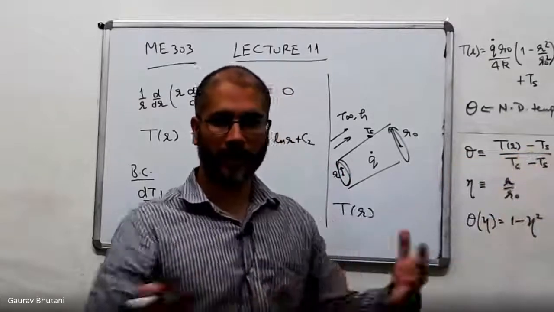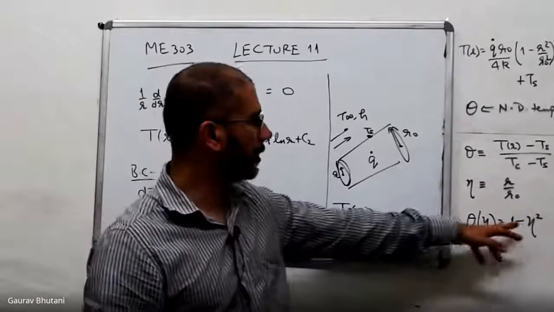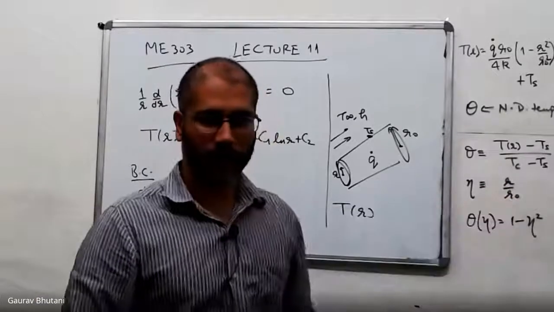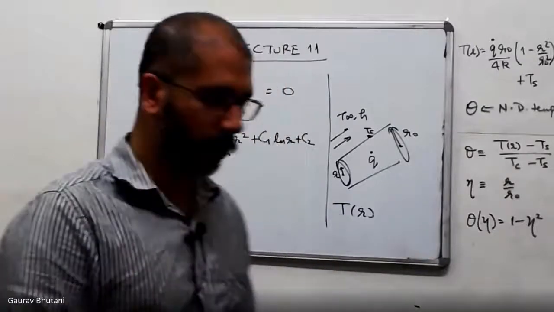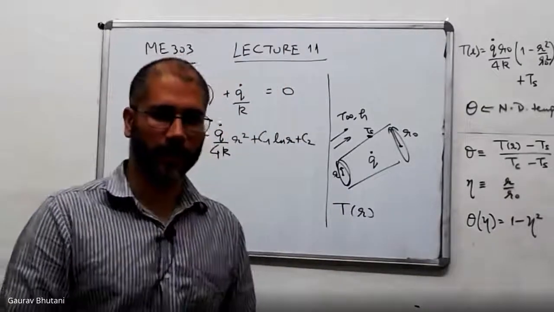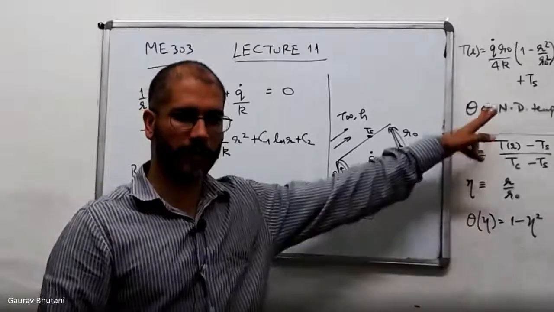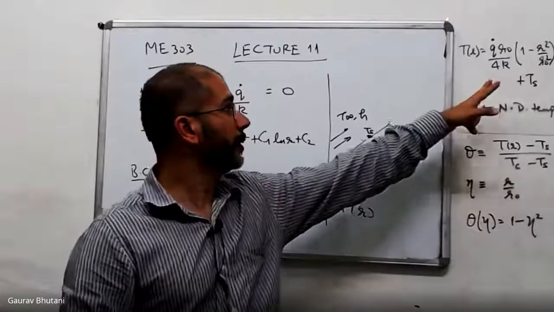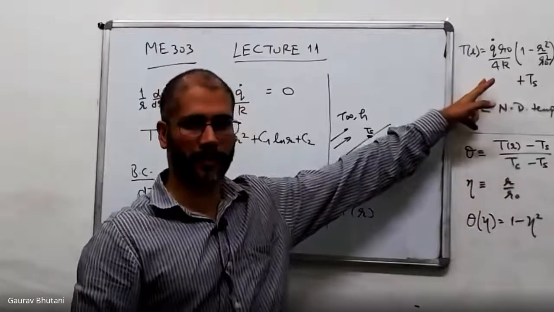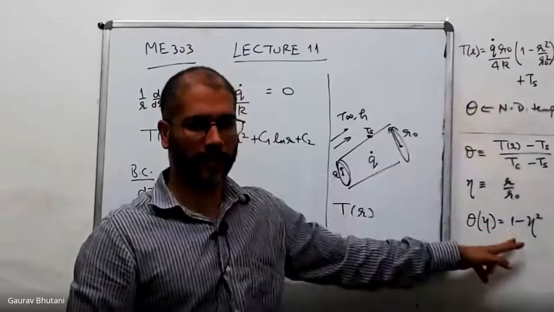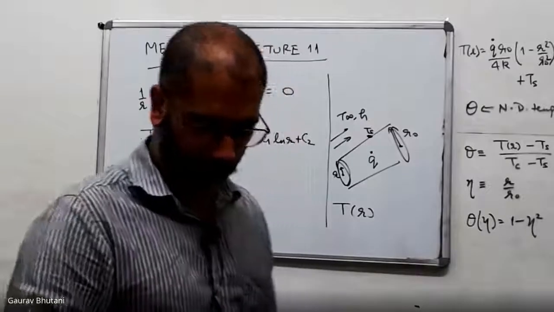Okay, so my theta is nicely normalized between 0 and 1, and similarly my eta also is nicely normalized between 0 and 1. So that's the beauty of using non-dimensionalization in this case, and you will see that extremely often in this course, that we tend to use the non-dimensional forms rather than the dimensional forms, which you can see were quite complicated, well, quite bulky to do calculations, but this one's quite elegant.